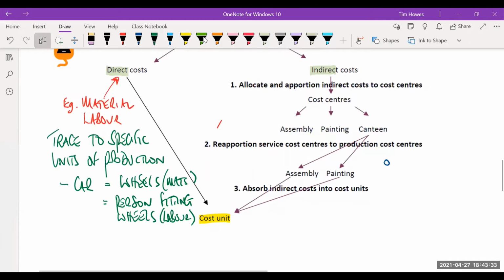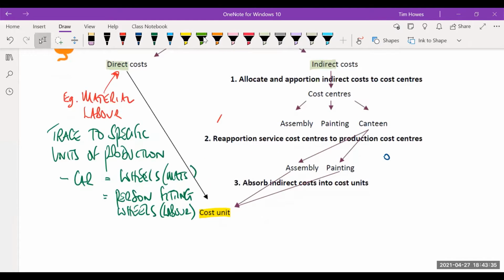Depending who you study with, you get different examples in your material. I've used a car one. You might use a bakery. So in a bakery, you have the person doing the kneading of the dough and the baking. You also have the wheat and the flour and the eggs and whatever else goes into baking products. Great. Directly traceable to each individual unit of output that we produce.